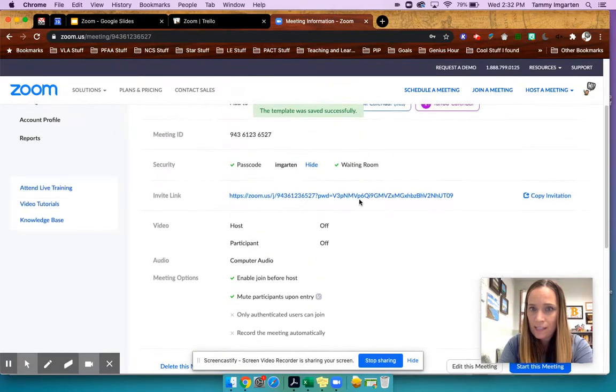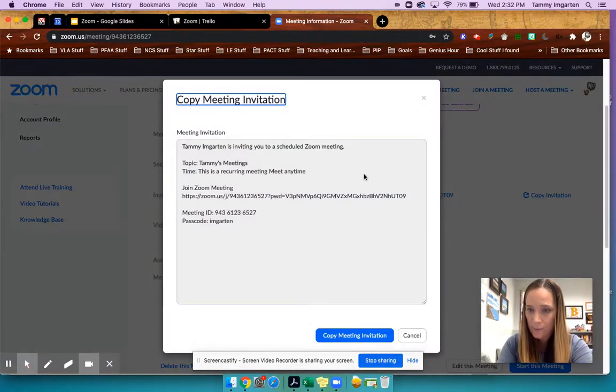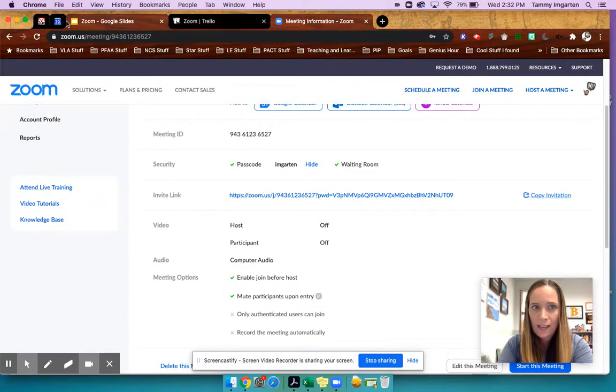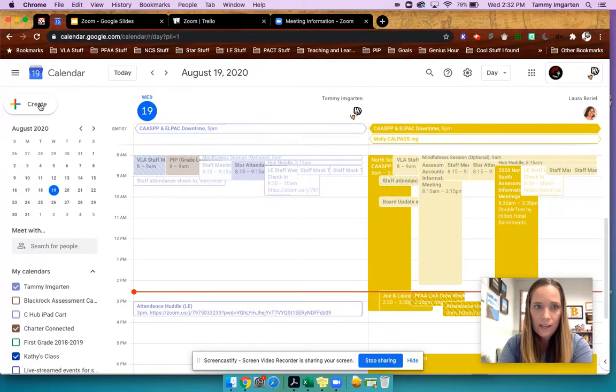So that is pretty much it as far as getting the meeting settings set up, choosing my meeting information behind the scenes. I'm going to copy this. I think I already did. And then this is what I can then add to my calendar. I can then put in my Schoology. So I'm going to go to my calendar and just kind of show you this really quickly, hopefully. I'm going to create